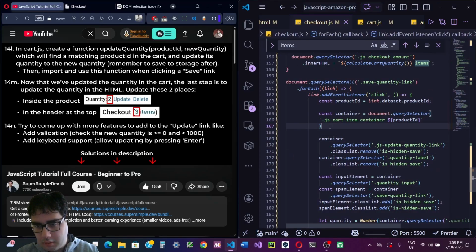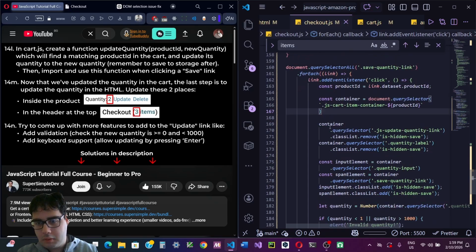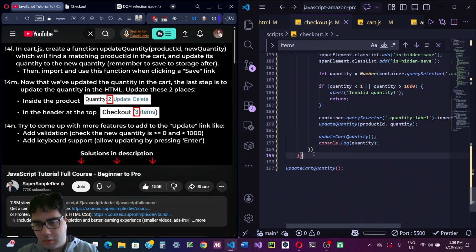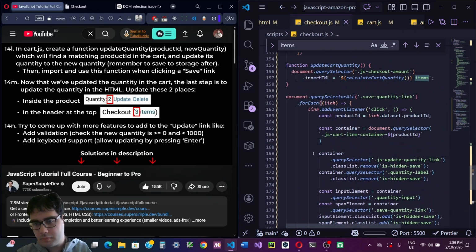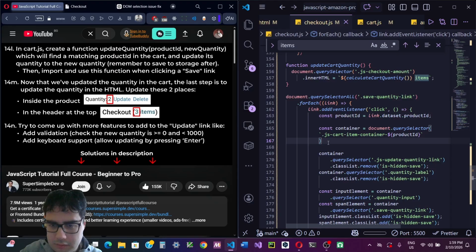Okay, so this is what happens when we click save. So how do we do this with enter, by pressing enter? To be honest,